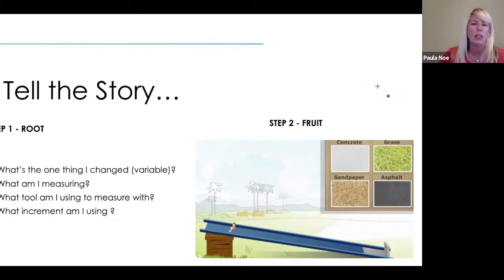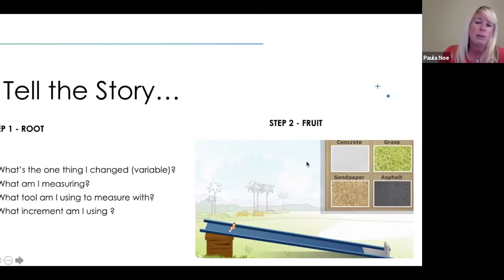So for instance, a child would be able to say, we're measuring speed, so I'm going to need a timing device. The thing that is changed, the actual variable that's changed, will be the ramp height, but I need a timing device and it's going to measure in seconds. So that child knows that seconds goes with timing device, which goes with speed. So all important information. So that would be the root, because that system is applied to almost every experiment we